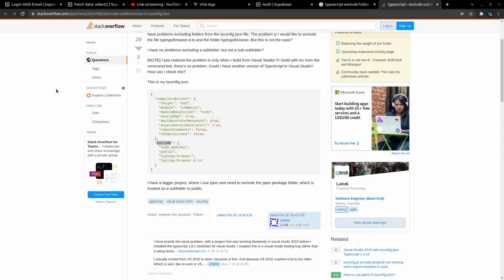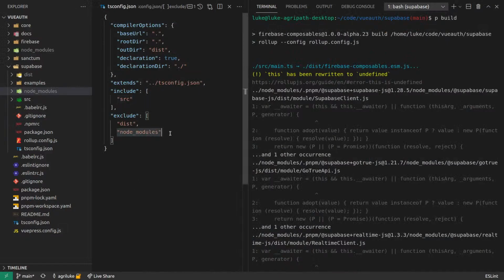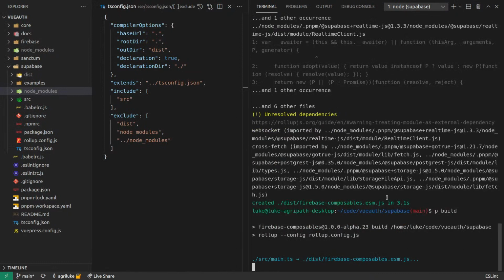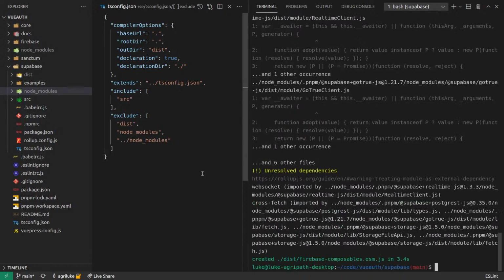Anyway, I'm not going to worry so much about it right now. Or maybe it's because it's using the root node modules as well. So I'm going to try this on a whim. I doubt it, but let's try it anyway and see what happens. Close that down. Let's try building it now. Yeah, all right. I'm not going to bother fixing this for now because I'm pretty sure it is still building